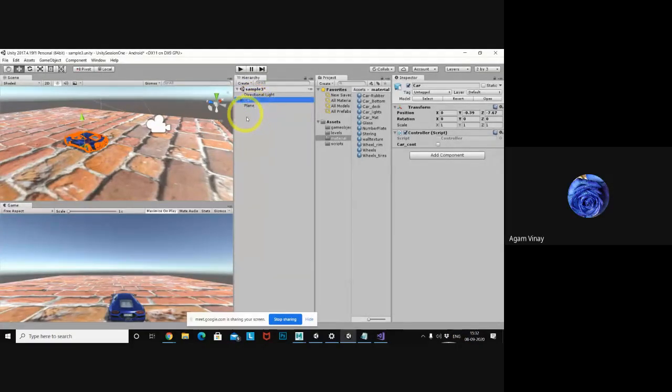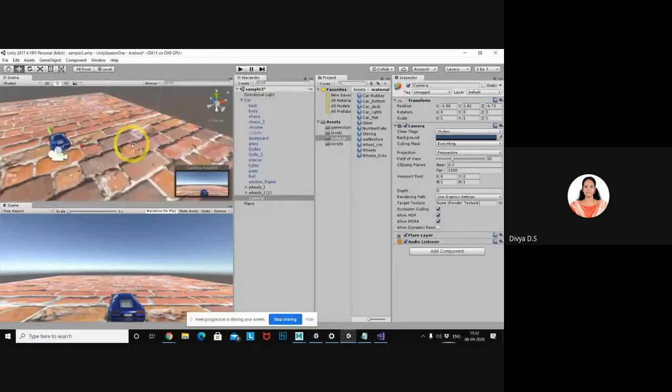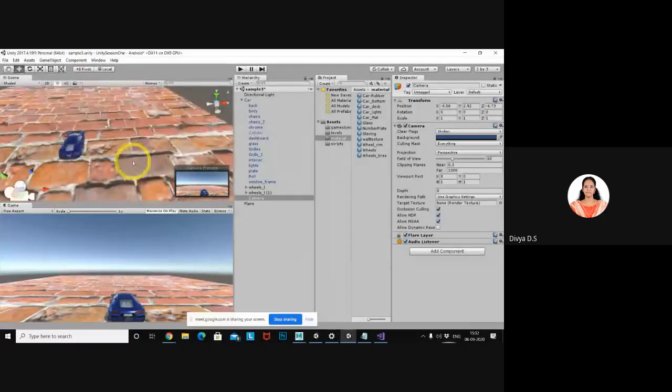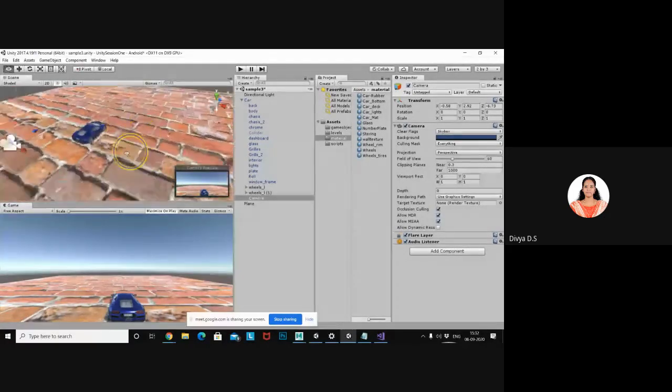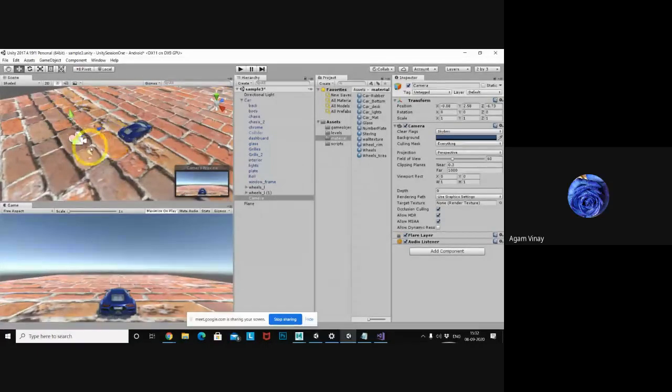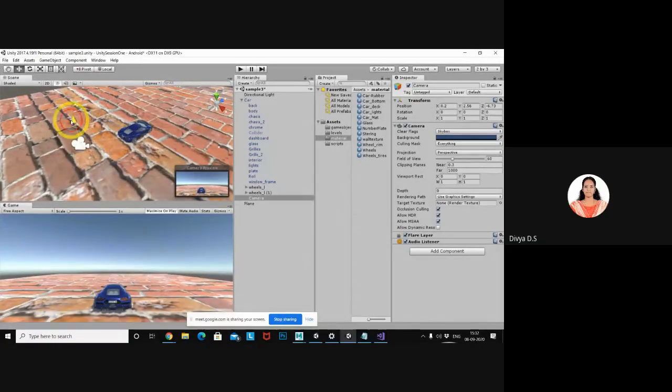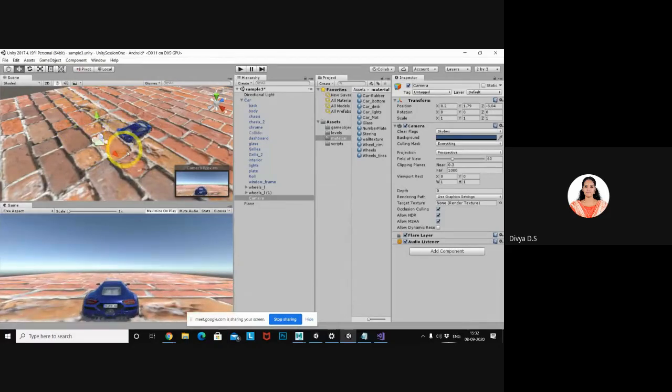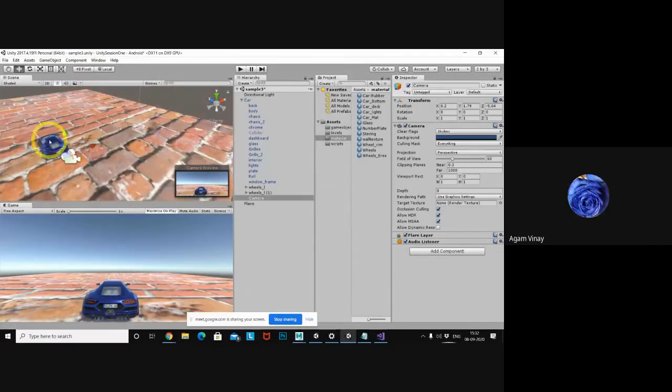Yes, the camera has to be focused in the direction we are planning to move the car. Then only the car will move in a particular direction. If you are not focusing the camera, it will not work.